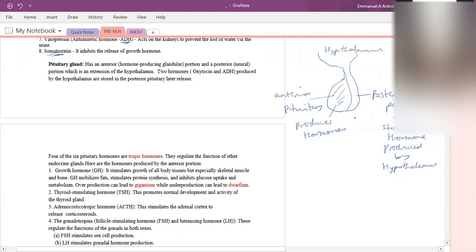Okay, now there are two main hormones produced by the hypothalamus that are stored in the pituitary gland, and those two hormones are the oxytocin,